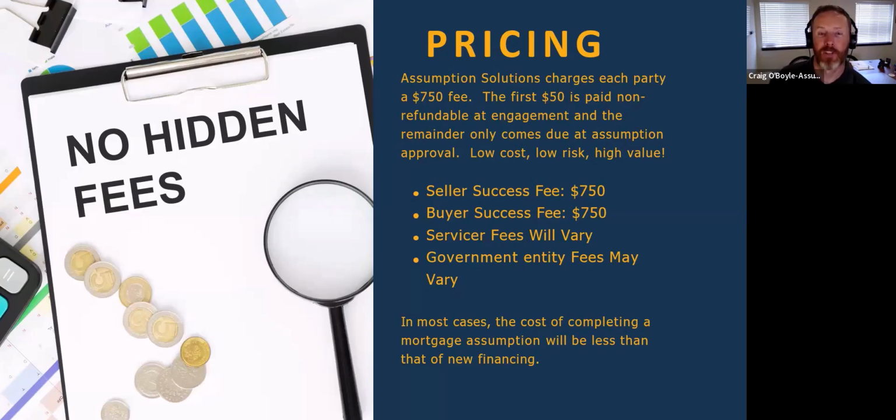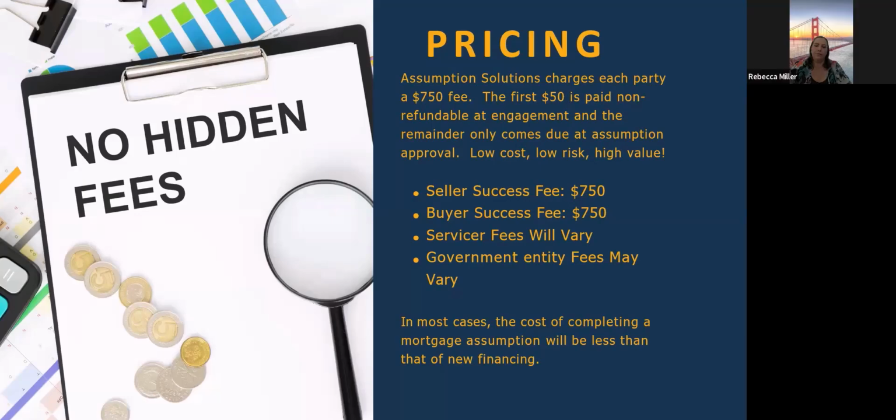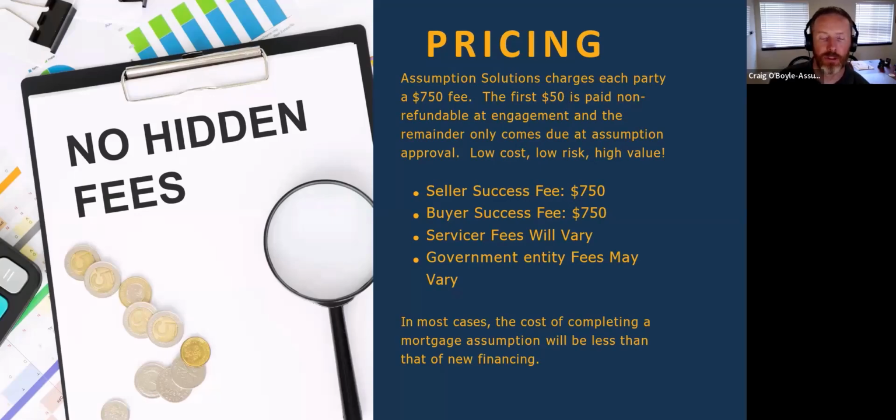Outside of our fees, the servicer on a VA loan can charge a 0.5% funding fee to the buyer, unless that buyer has a qualified VA disability where it can be waived. And then there are some processing fees that they can charge. We're generally seeing them come in under $1,000. Altogether, this is significantly cheaper than the closing costs a person would usually see on a new loan. You have your title charges, you have to get your new insurance policy and some regular closing related fees, but when you compare them side by side, it's definitely much cheaper.